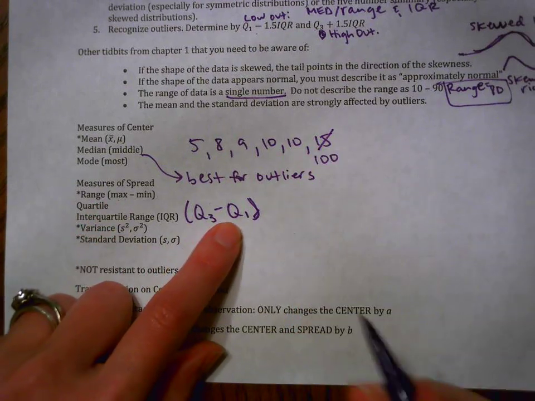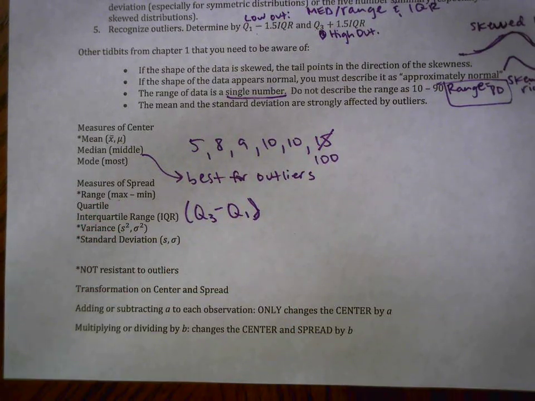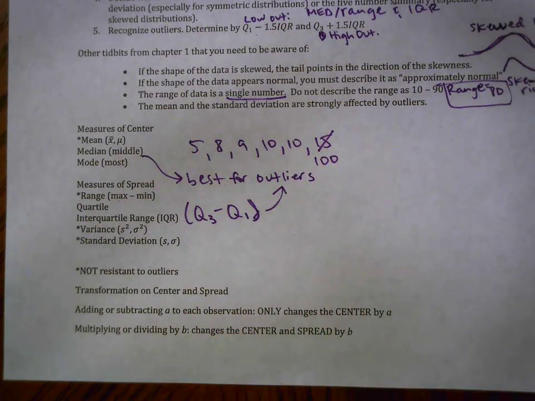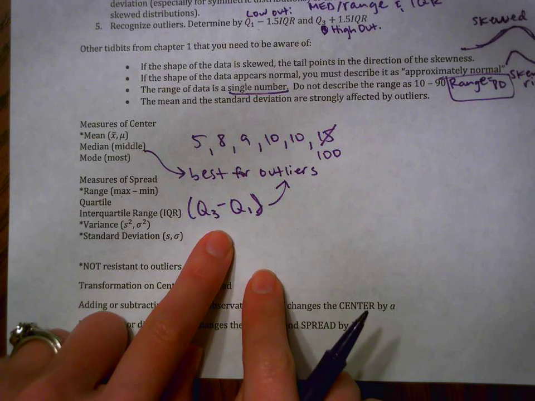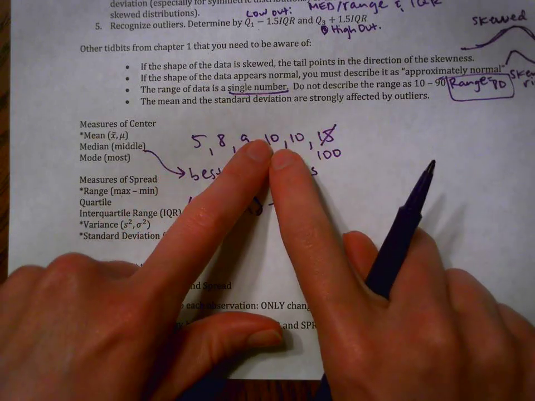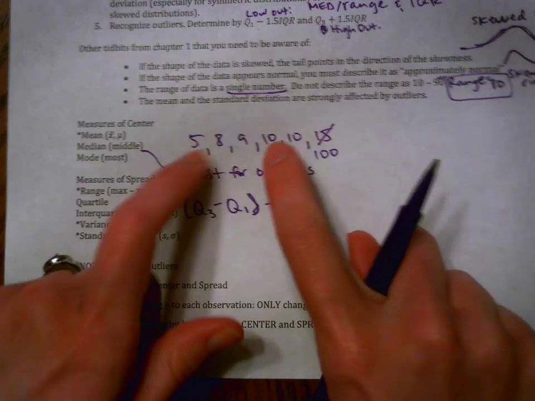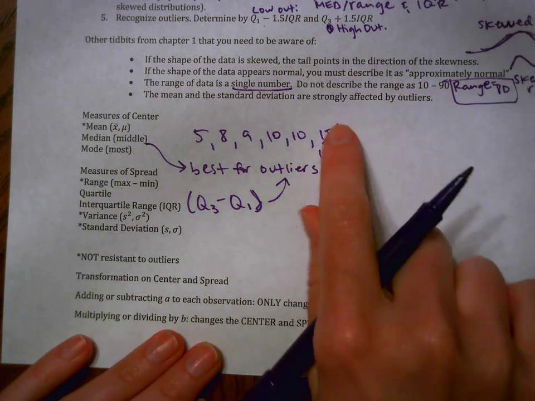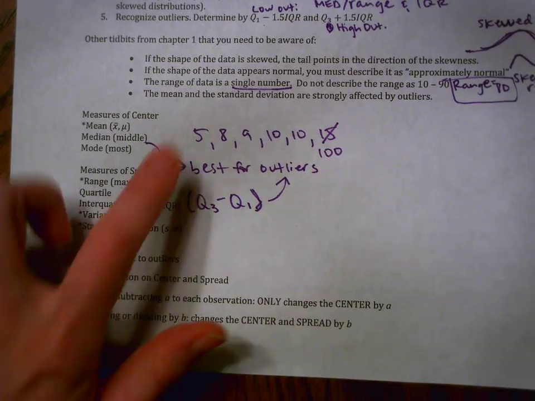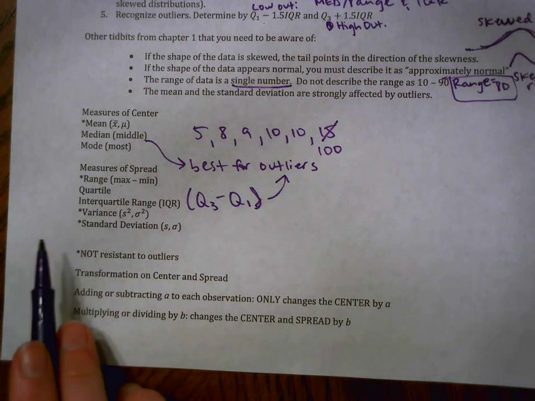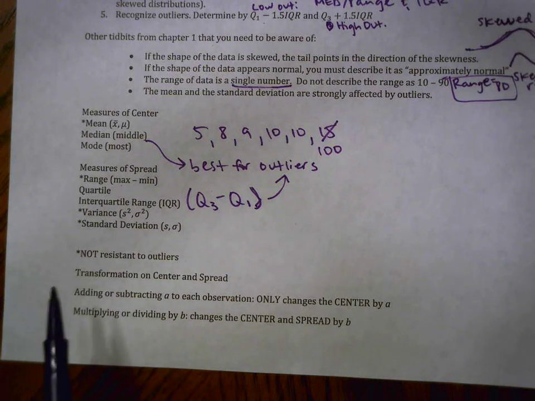So that's why you would want to use your interquartile range if there's a huge outlier, because that wouldn't change. Your Q3 is still going to be, let's see, that would be 10, and this would be 8, and that's not going to change. So your interquartile range, no matter what, would be 2, no matter if that got really big or this got really small. And variance and standard deviation would also change if you were to do the calculation,